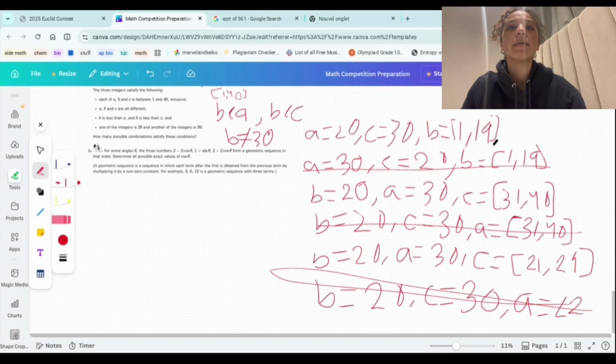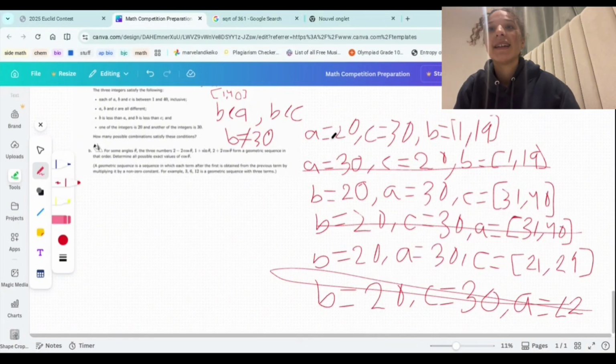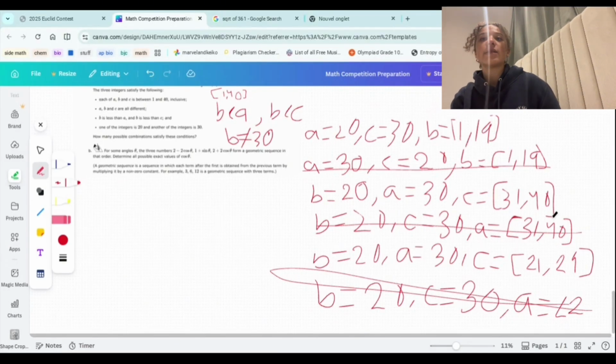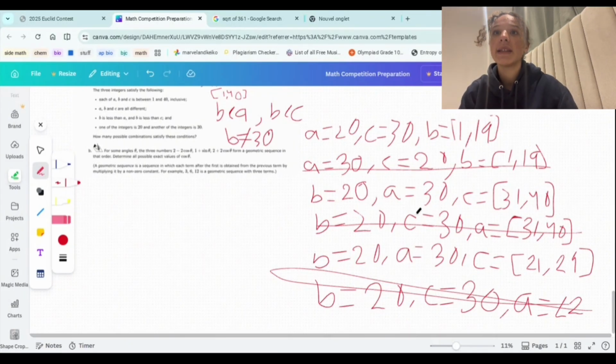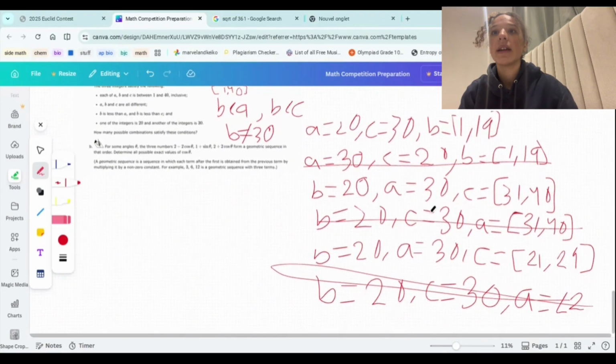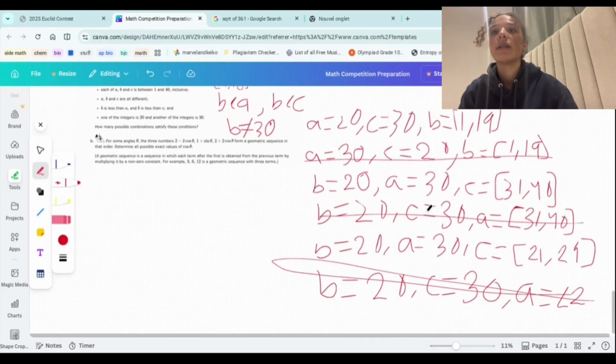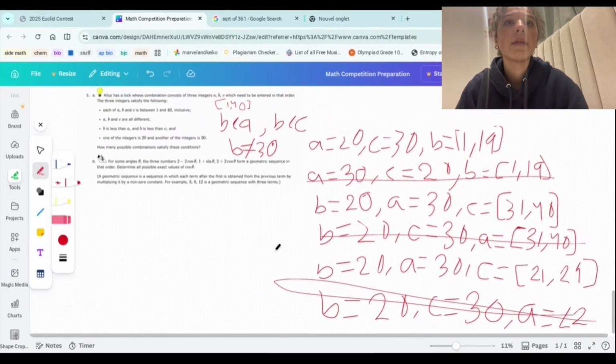I just realized that I had written all of the possibilities twice for no reason. But if I want to find how many different combinations satisfy these, I know that there's 19. I was also having some trouble counting, but there's 19 cases. If A is equal to 20 and C is equal to 30, there's 9 cases. If B is equal to 20 and A is equal to 30, or either of the other two is equal to 30, and there's,